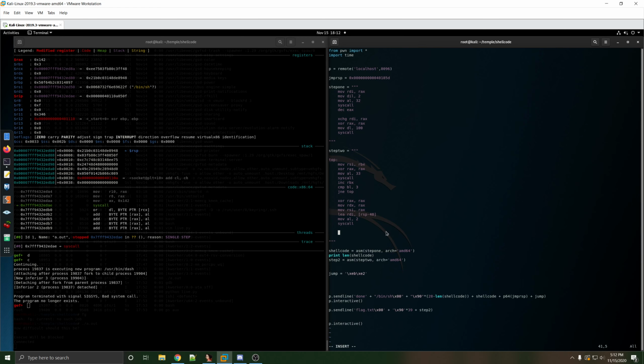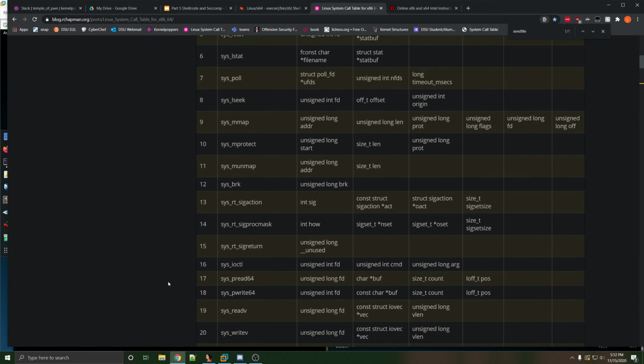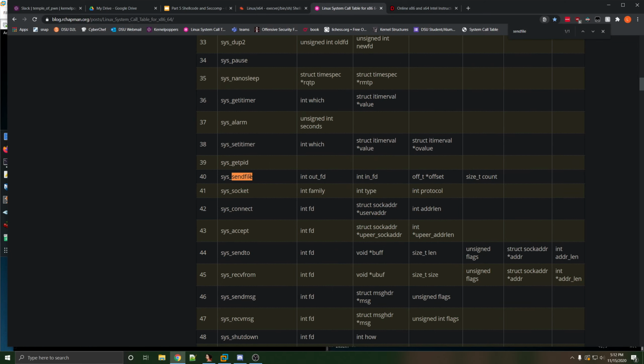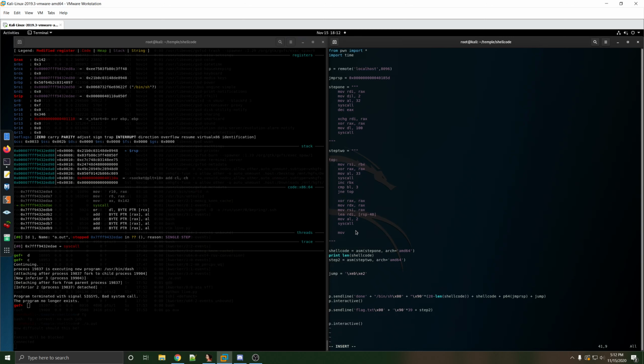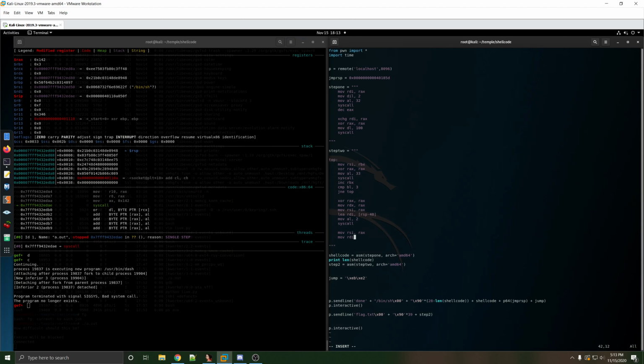So we'll need to move that into our SI. Yep, so our SI will be the file we read from. MOV RSI, RAX. Then RDI should be whatever our previous one was, and I don't think we ever saved it. So we'll have to do a